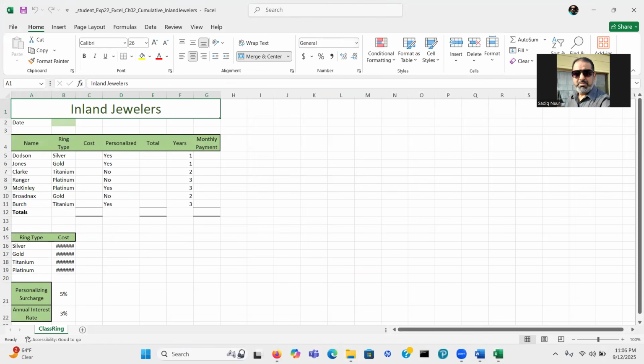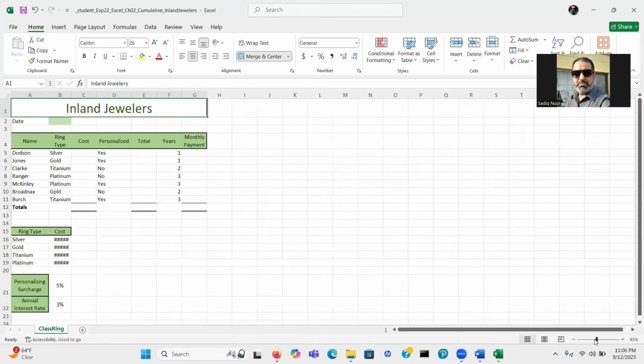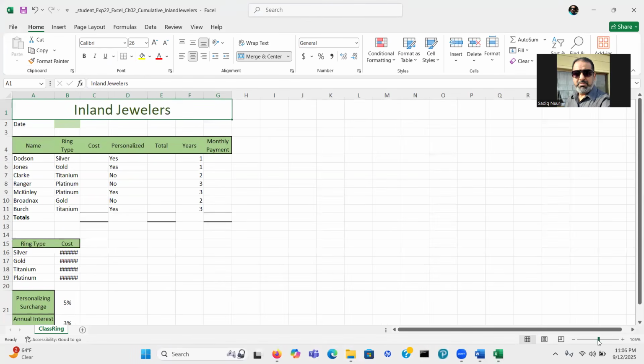Perfect. So I will zoom in. When I zoomed in, if you look at your cost and it is all cutting off, you can just go to the right of column B and double click it to expand column B so that you can see the numbers, because the hash or number sign indicates that the cell is too small to hold the values in the cell. So before I start,